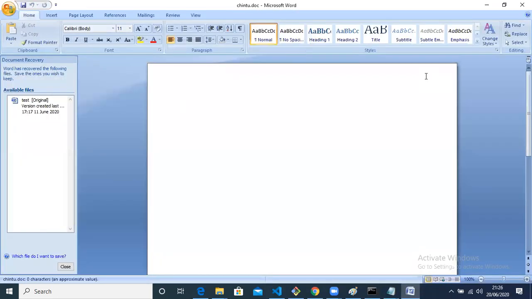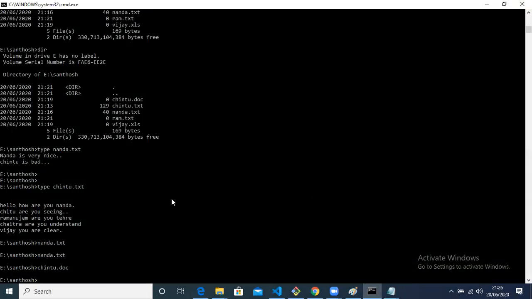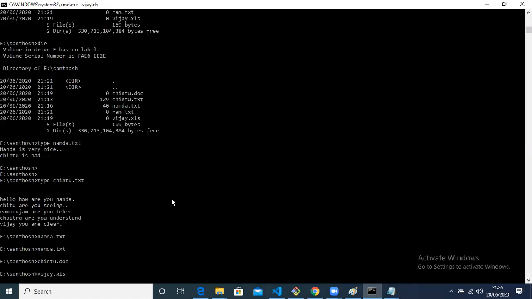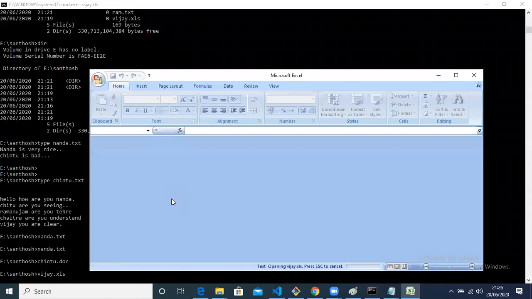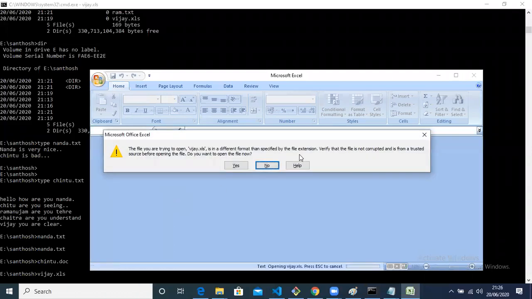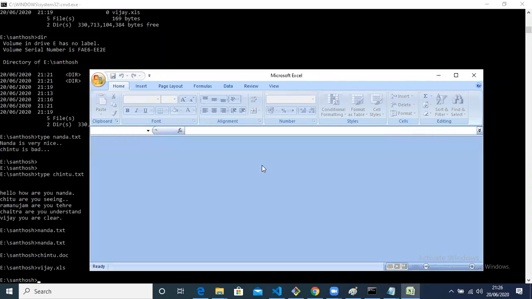The moment I press chintu.doc, it automatically selects Microsoft Word. And if I wanted to open something like Vijay.excel, it automatically selects Excel.